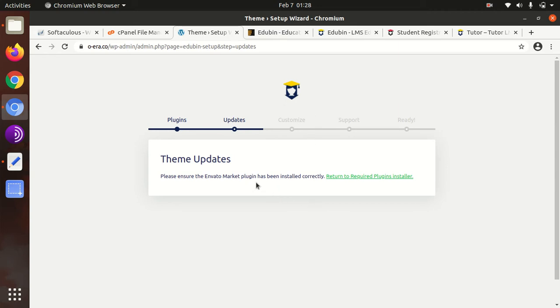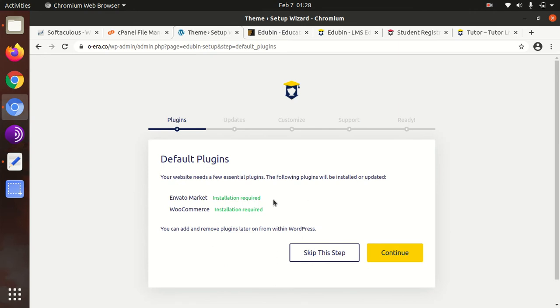Okay, so it is saying that Envato Market plugin has to be installed, so we have to return here and we can try again. And now it is installed.